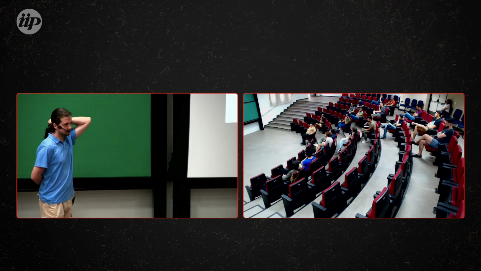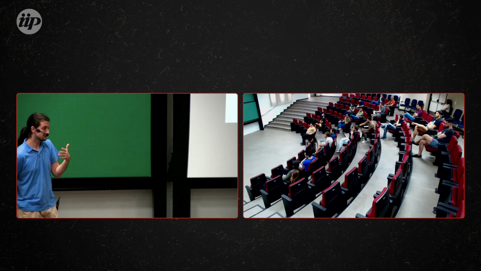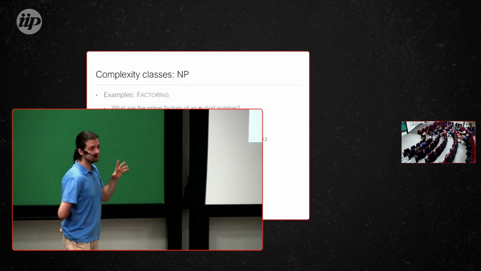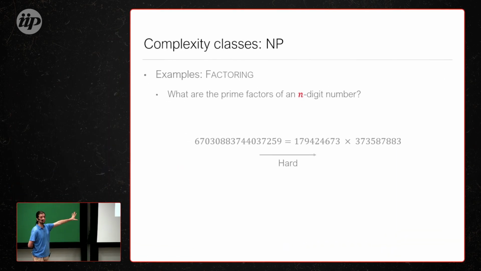Factoring will actually be one example where a quantum computer can solve it. But in fact, we don't think quantum computers can solve all of these problems. It includes problems where someone somewhere gave you the solution and you can check that the solution is right, without having to make reference to who found the solution for you. In principle, if you had the solution, you could check it. That's all that you require for the definition.